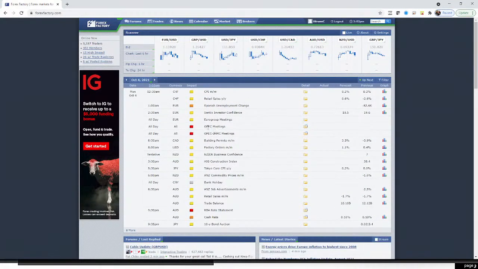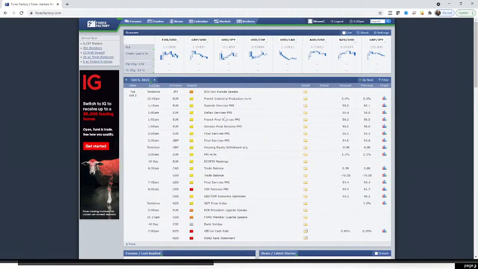Let's look at Monday. We do have OPEC meeting all day, so keep an eye out for that. And you can see that it's going to affect a lot of currency pairs, right? Not just one currency pair, but it's going to affect all. So that's why it doesn't have a specific currency associated with it. Right here under currency, it just says all, so all currencies. So keep an eye out for those OPEC meetings. And then RBA rate statement for the Aussie at 9:30 p.m. Mountain, so it's 11:30 p.m. Eastern for those of you guys that trade later on.